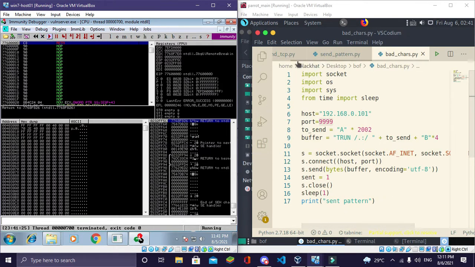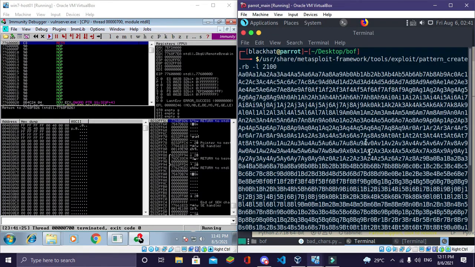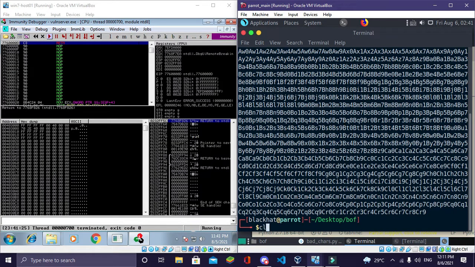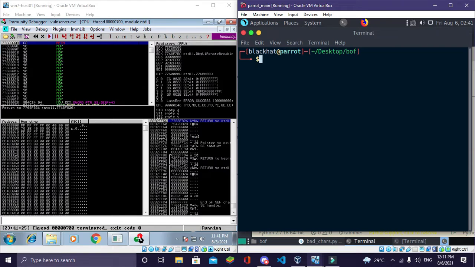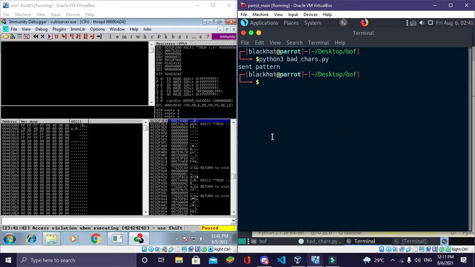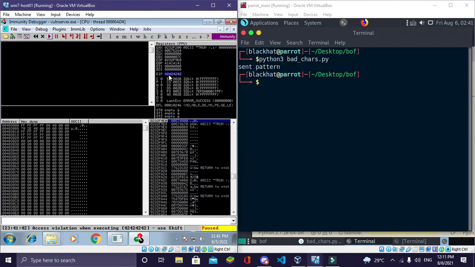Now let's run this Python script and see what will happen. Again the program has crashed, and now we can see the EIP value is 42, 42, 42, 42.